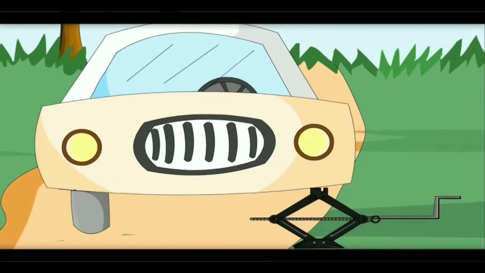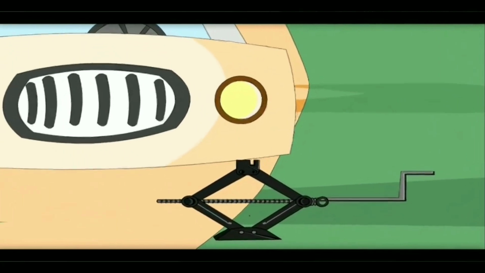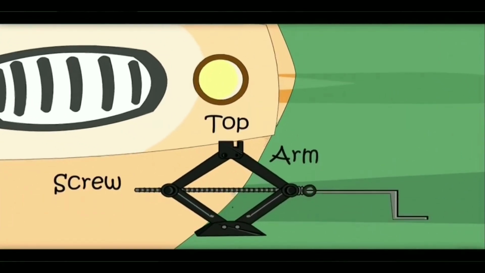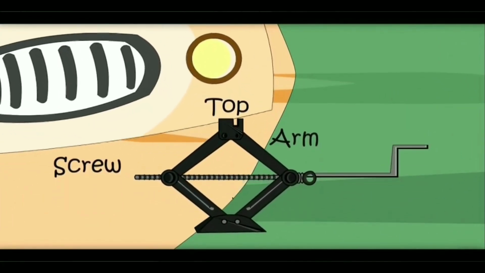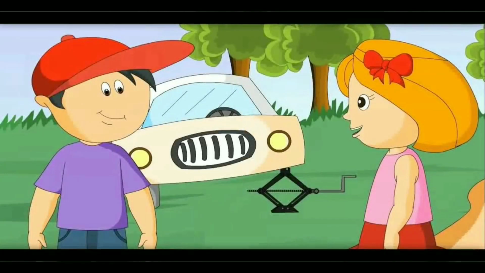The screw jack. Oh, even my papa's car has one. See, the screw in the jack moves and it takes the car up. Hey, I did not know a simple screw can lift a car. Oh yes, that is why these are called simple machines. They can do big things but are very simple.